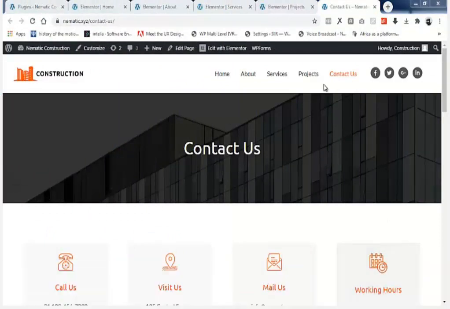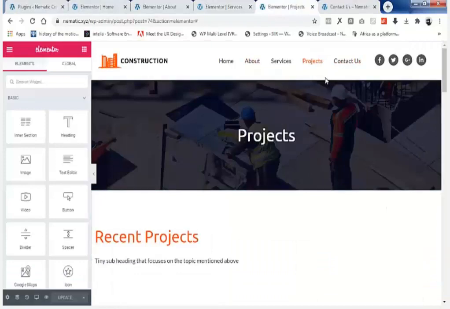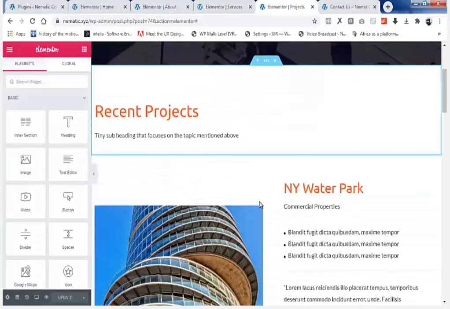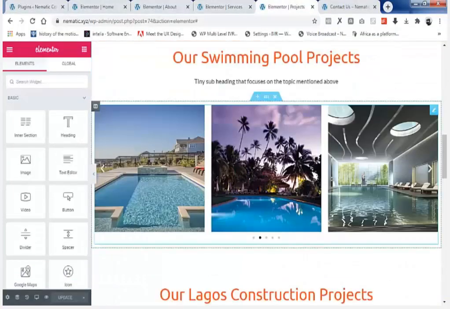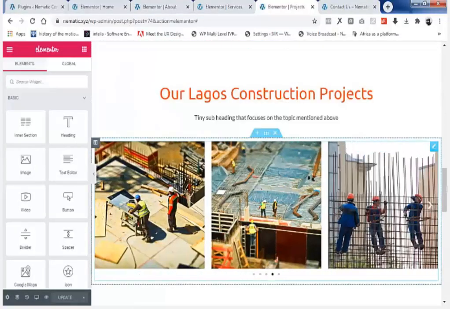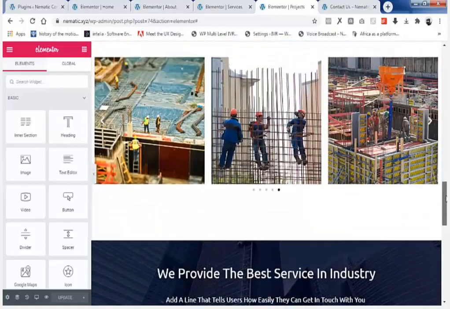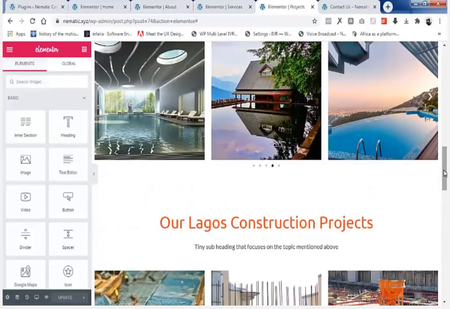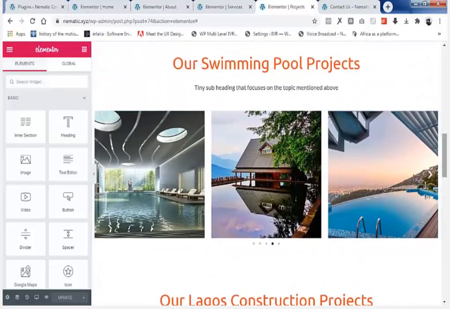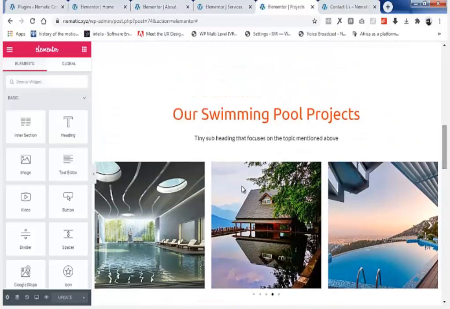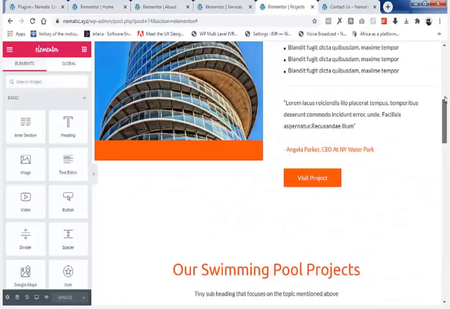Now in the previous section we edited the projects page. As you can see, we edited this picture and I showed you how you can be more creative, not just depending on the previous website you are using. You can step out of the game and do something nice and something beautiful, like we just did.